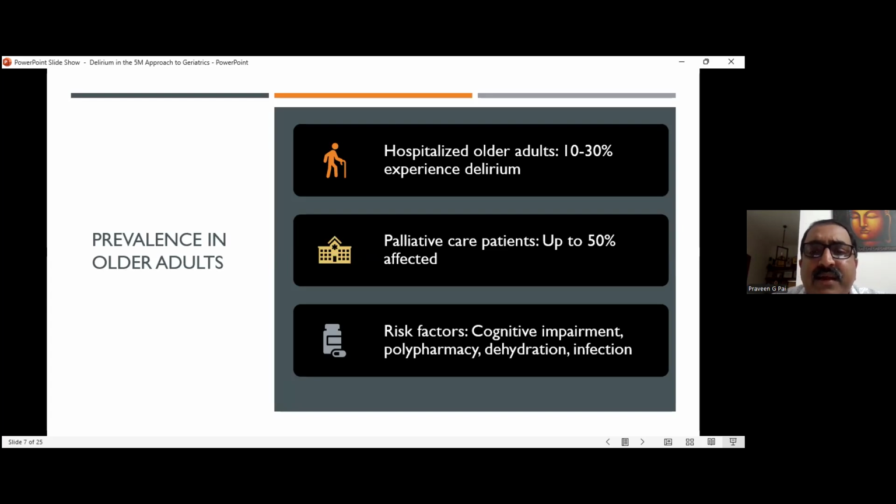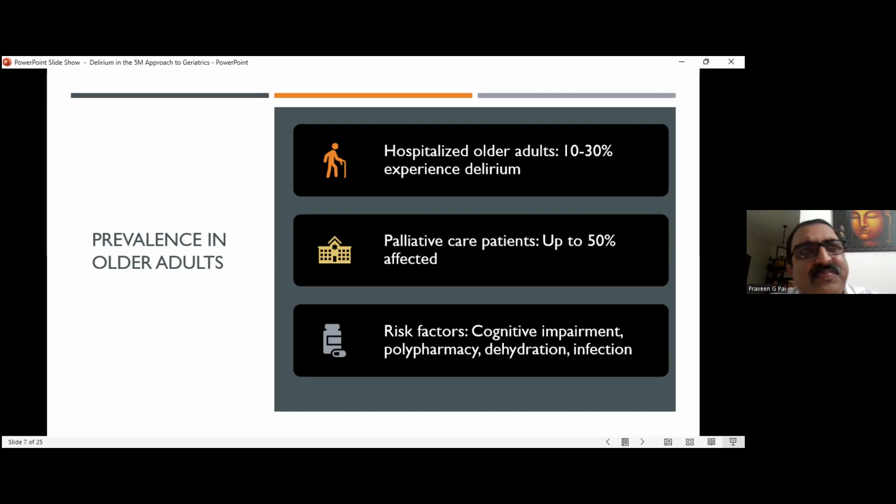Sometimes dehydration cannot be avoided. Again, in palliative care, we have to see at which stage of life. Palliative care can be for a very active person also. So for an active person, dehydration is a problem. We have to correct dehydration, ask the person to drink more water, and also remember that sometimes with dehydration, there may not be any sign or symptom. Even thirst may not be there in older people when there is dehydration. So dehydration can be without thirst also.